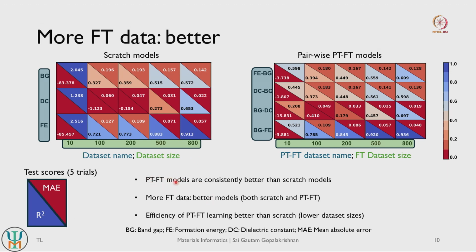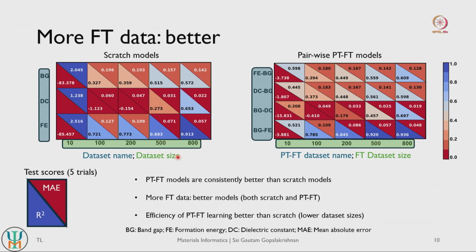So in general pairwise transfer learned models are consistently better than Scratch models, and you see this behavior replicating across all the rows here and their corresponding rows here. This indicates that transfer learning definitely has some utility. You can get better performance for your models if you use transfer learning compared to if you train models from Scratch.